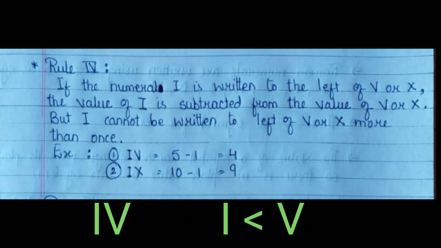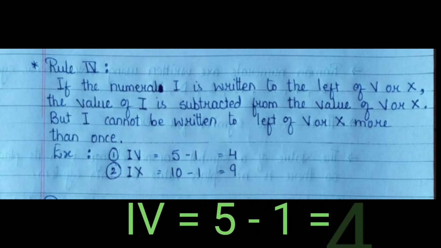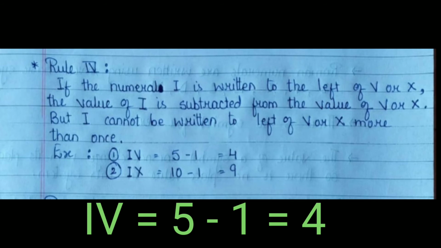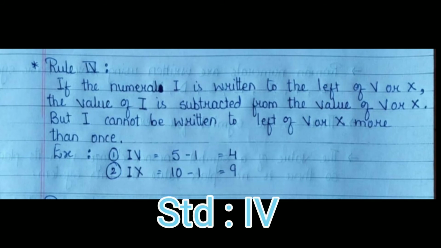Here I is smaller than V and I is written towards the left side of V. So, when smaller number is written towards the left side, we have to subtract the smaller number from the greater number. IV, 5 minus 1 is equal to 4. So, IV represents the number 4. See children, when you were in 4th standard, you wrote your standard as IV. Next example,